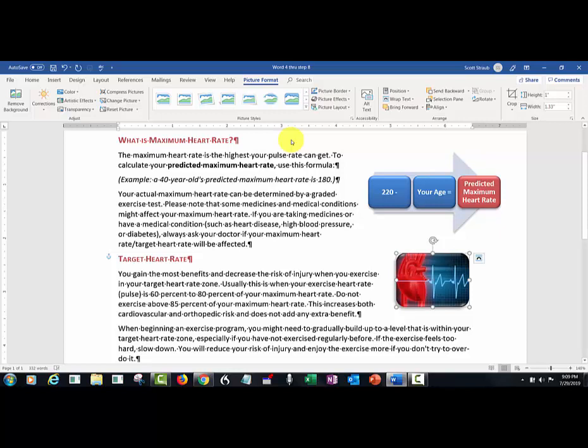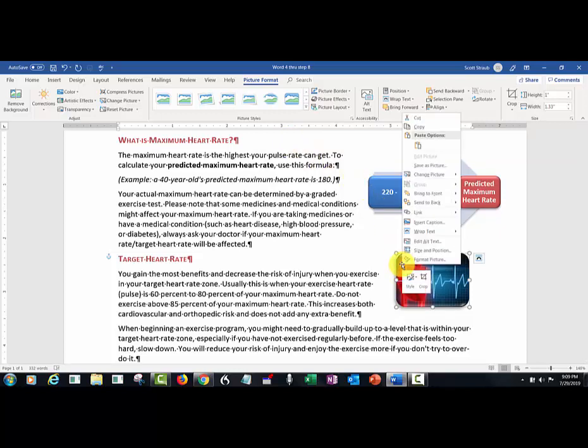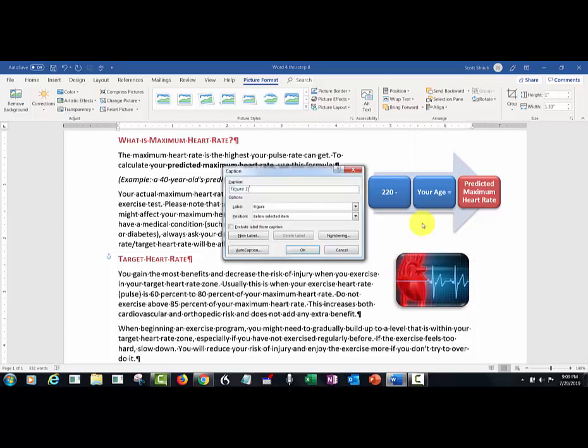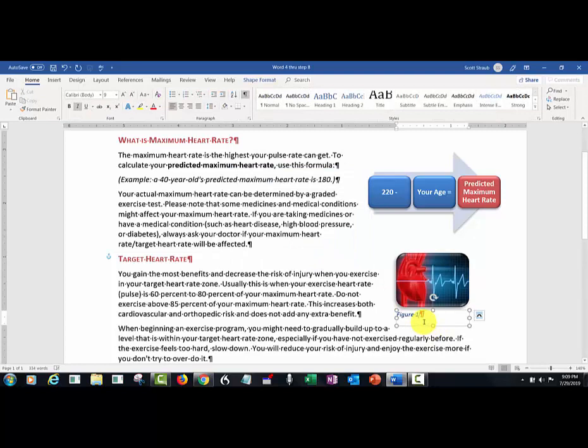Next, I'm going to right click the picture and insert a caption. I'm going to click OK. See a caption forms below it. It says select and delete the caption placeholder text, and then retype over it, know your target rate. And then it wants me to select that text again,